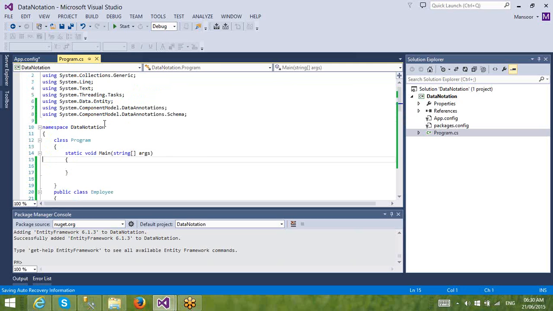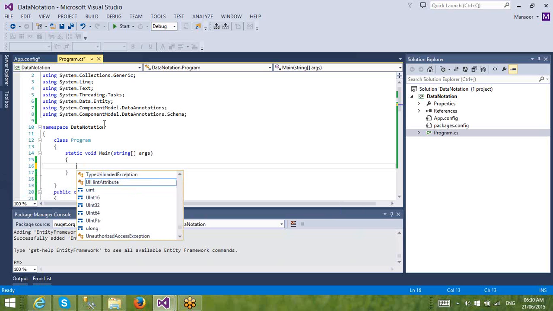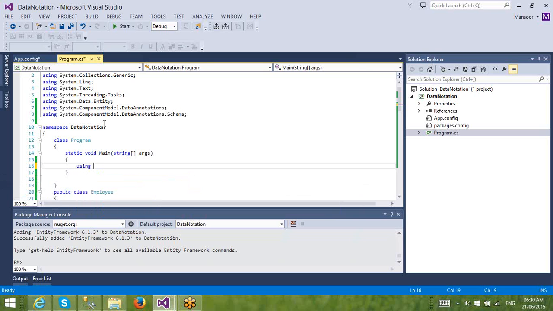Within the main method, write using, small u. After that, start the normal bracket. Right in the brackets, where we are,